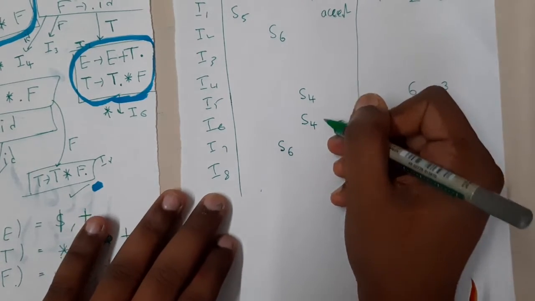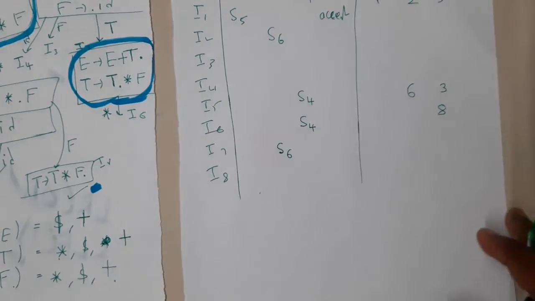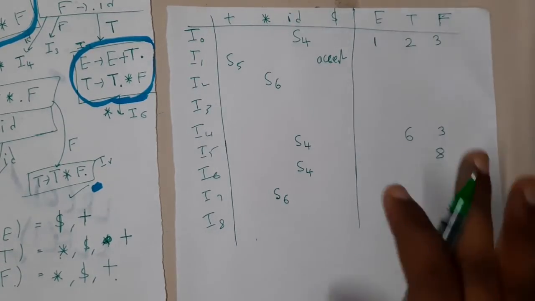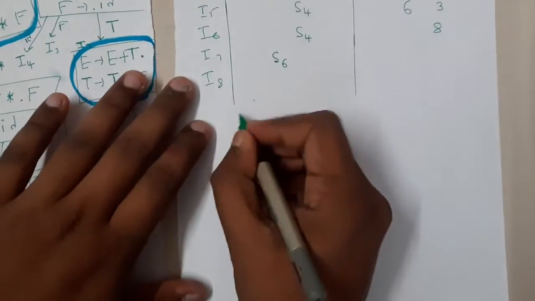So yes, I8 is where? So this is I8. From there, nothing is there. So now we have completely filled it, right? Yes. So once you have filled this particular table, I think it will be better if we write it